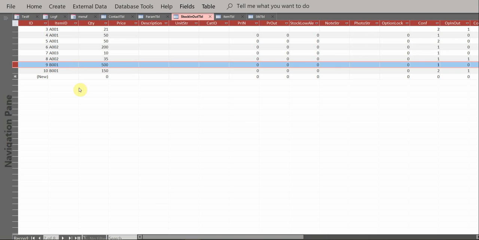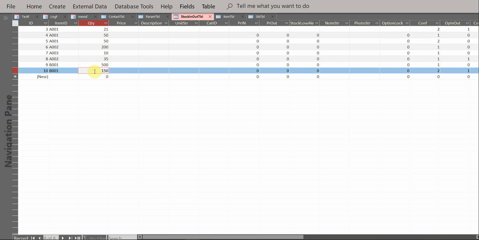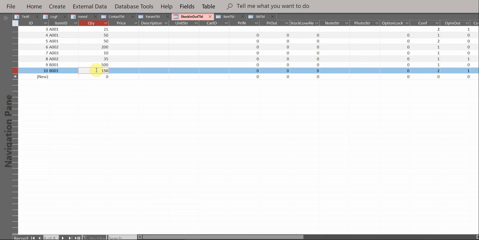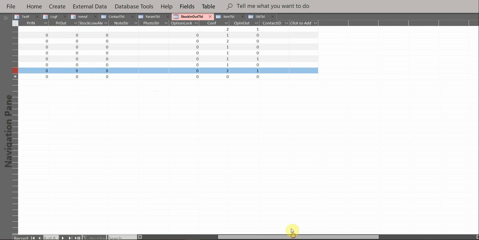Example, if I received 500 here of B1 biscuit, then I sell out 150. Let's say it's a mistake, it is 15 now, not 150. So I should not let the user modify this 150 to 15. That is a problem in a database. You should let the admin or the person cancel that line and create a new line